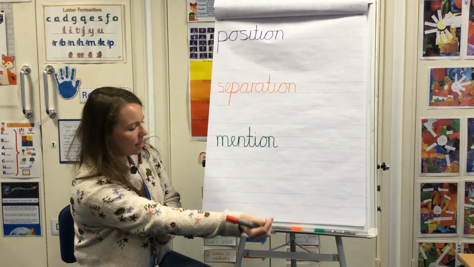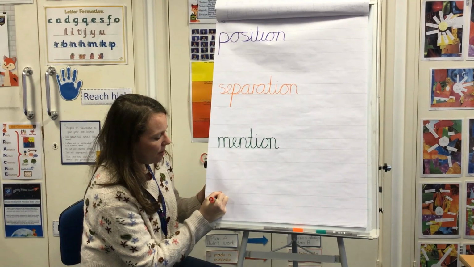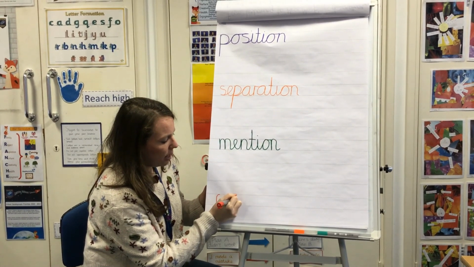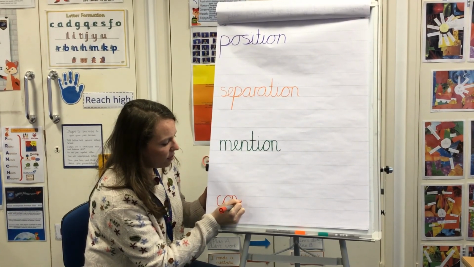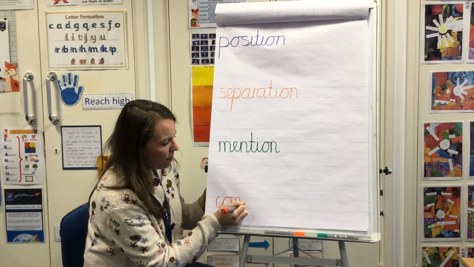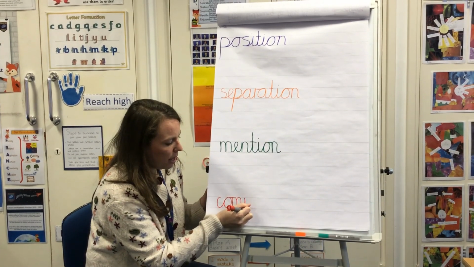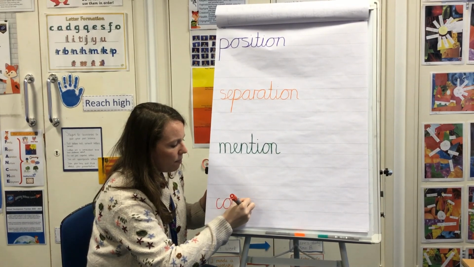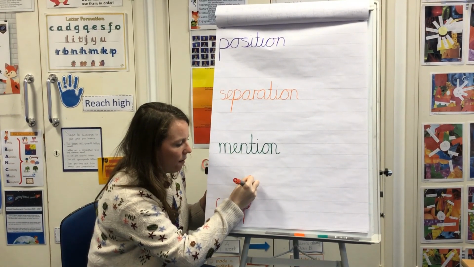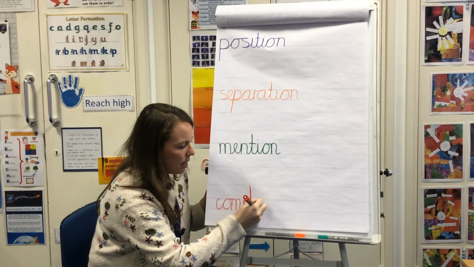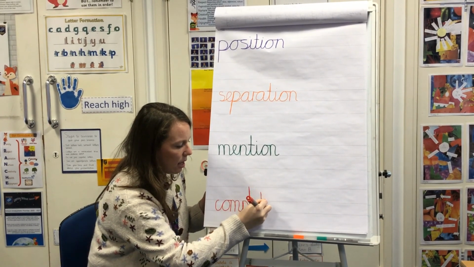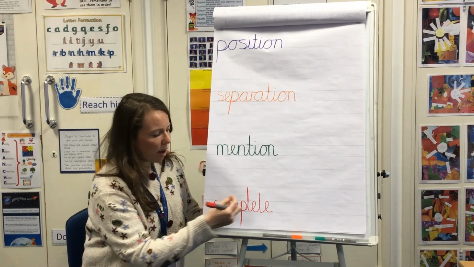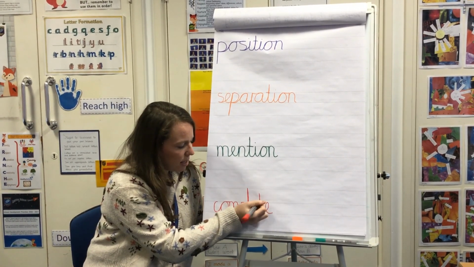So complete, we start with our curly C, we join into our O, join into our M, up, down, over, back up again and over, and then we join into our P, which goes all the way down and around again, and then into our L, and then it has an E, a T, and an E. So again, I didn't take off my pen for the whole time. Now I need to go back and just cross my T,